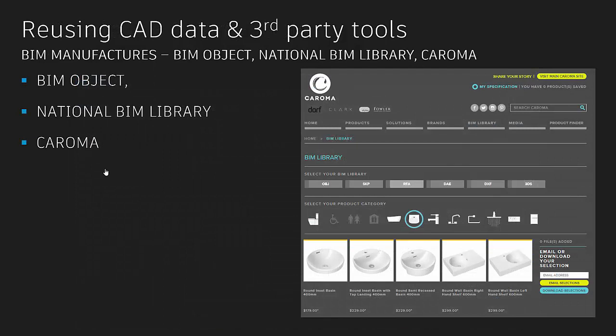Other manufacturers and suppliers have websites like BIM Object. There is a national BIM library. This one is called Caroma. So anybody in the Australian, New Zealand region knows who Caroma is. They're a massive manufacturer of bathroom goods and some kitchenwares. They have a great website here where they have different styles of bathroom ware and kitchenware. So you can see Fowler and Dorf and Clark, all available as a BIM library,